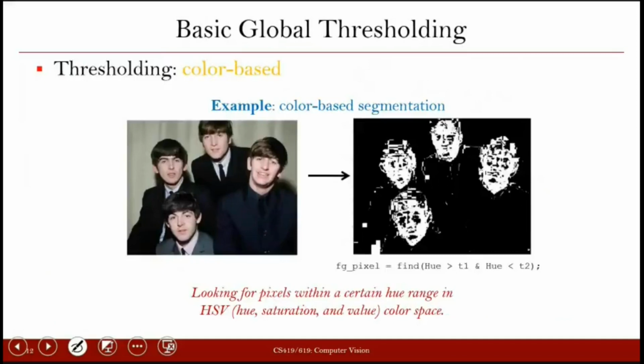Now it can also be applied on color images. If you remember, we have seen this example in one of the classes. Here the idea is to segment the skin part in the image. We want two segments, one representing the skin part and another representing the background. The example I'm showing here is not in RGB space. The image given in RGB space has first been converted to HSV space, and it is found that the skin pixels lie in a certain range.